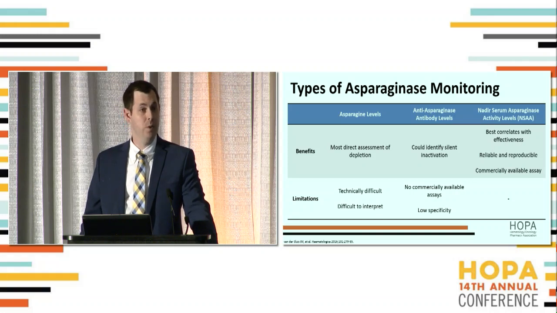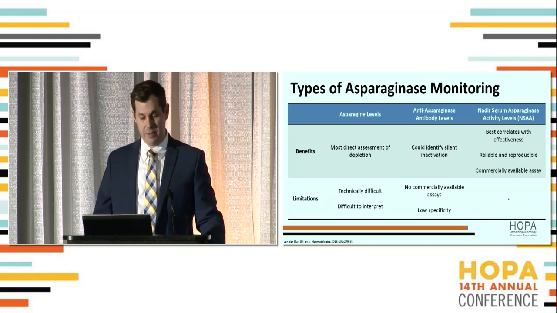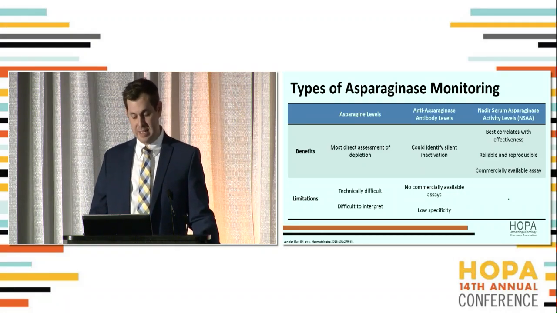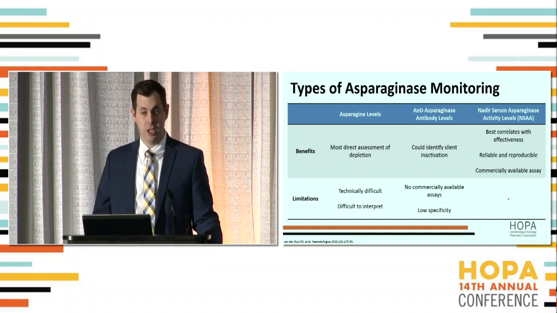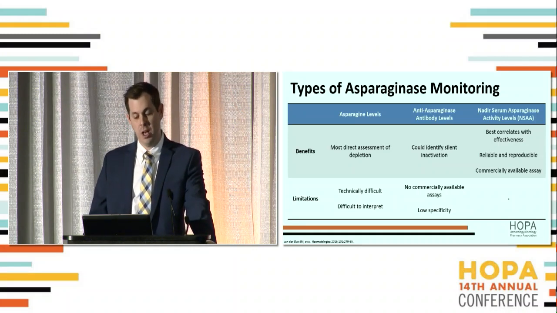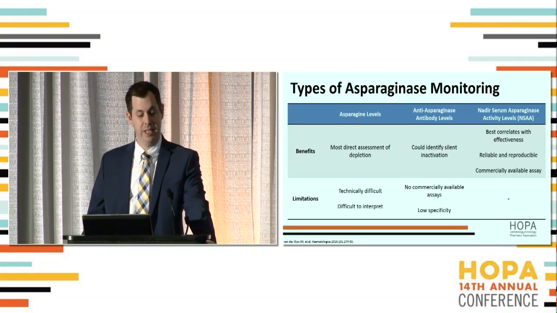No one really knows what the true level of asparagine should be to clinically correlate with effectiveness. Anti-asparaginase antibody levels, again, the pros of this modality would be you could identify silent activation. You also could maybe identify your likelihood of an allergic reaction. The problem with anti-asparaginase antibody levels, though, is there's no commercially available assay, and they've been shown to have low